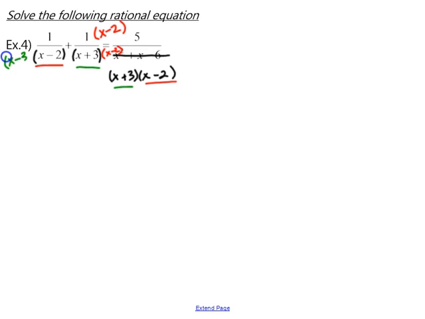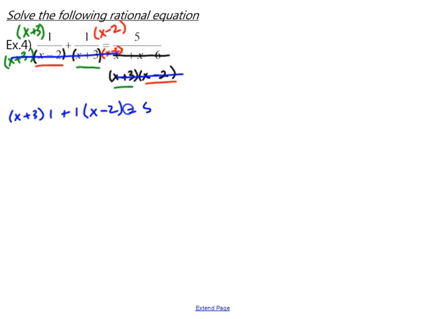So we multiply by x plus 3 on the bottom and the top of the first one. Now all our denominators read x plus 3, x minus 2, x plus 3, x minus 2, x plus 3, x minus 2. So now we can go ahead and cancel out our denominators and rewrite our numerators